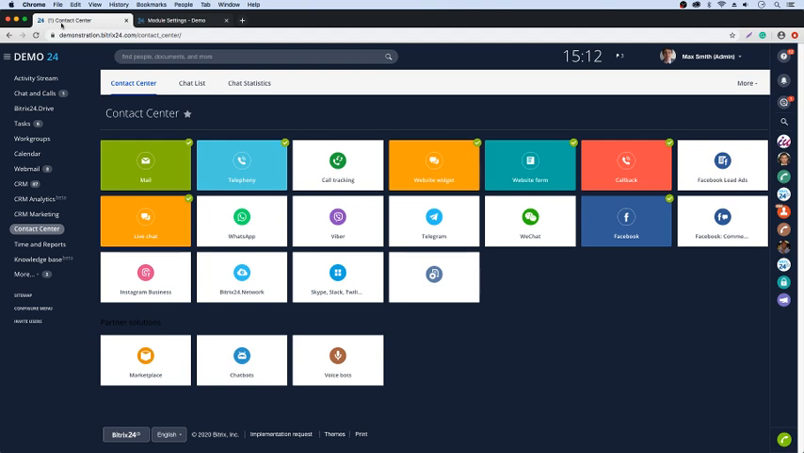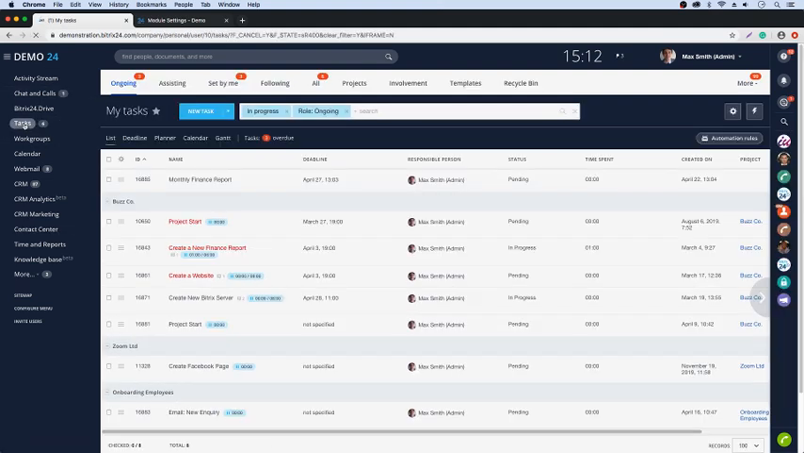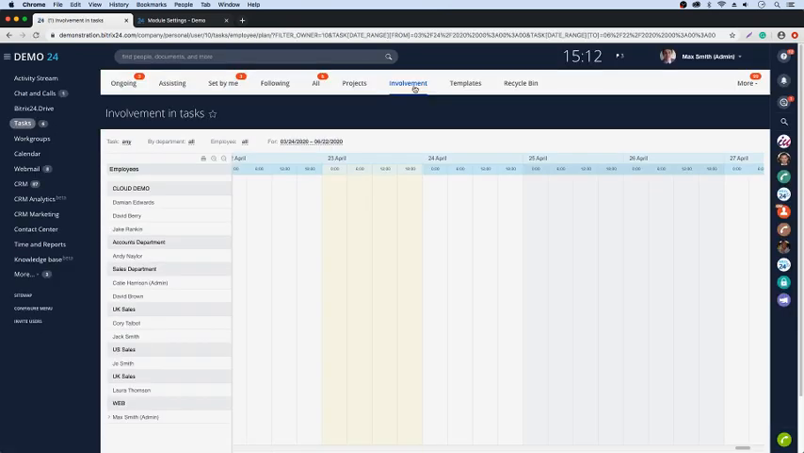Got a question, is there a way to see the employees' workload for resource planning? I know their involvement reports on projects afterwards. What I mean is to be able to see planned tasks for the next week and month. So, I mean, Bitrix does have, if we go into tasks and look at the involvement, that should be able to give you quite a